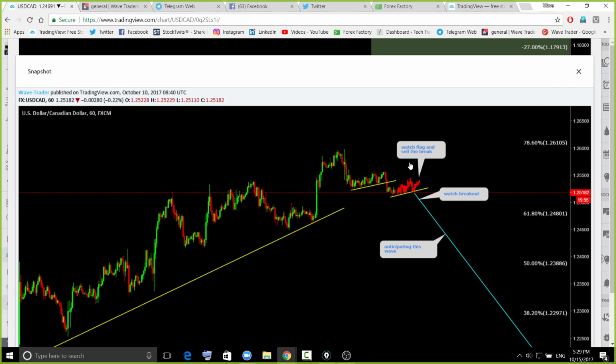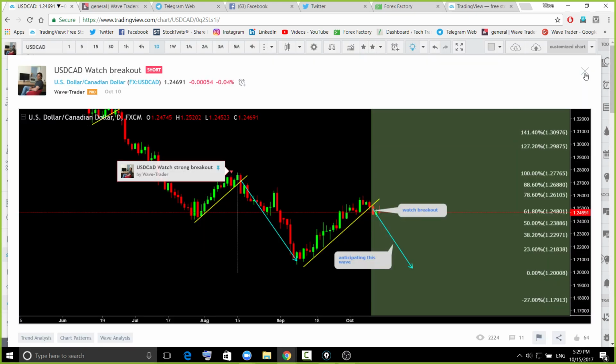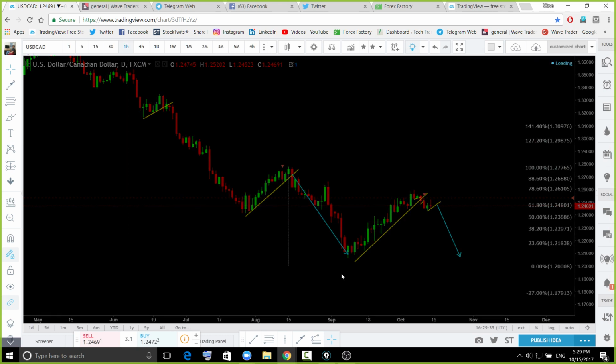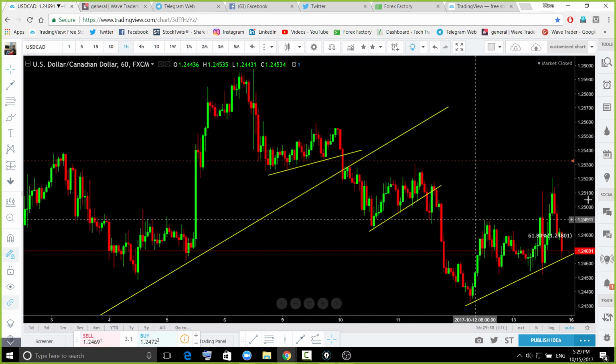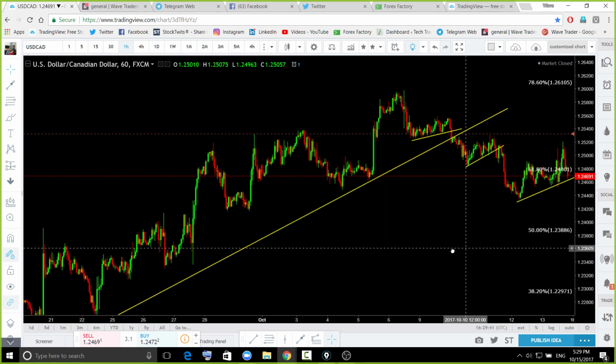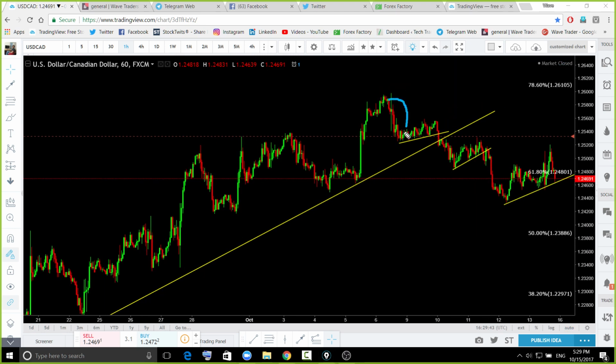Let me show you what I mean. Let's look at the 1 hour. Let's look at these areas. Look at this. These are the corrective moves to the downside. So what kind of impulsive behavior should be over there? This kind of aggressive impulsive behavior to the downside, or like this one. That kind of behavior is going to give us more confidence.